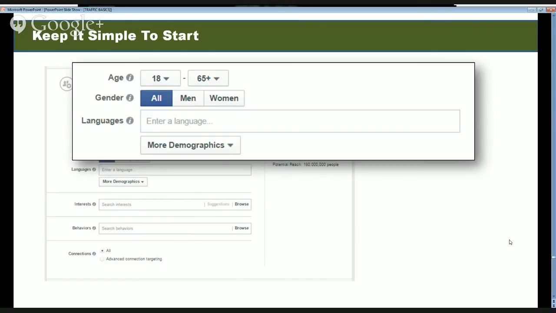Okay. But there's another thing to consider here. Maybe you want to be able to have Spanish speaking people. If you speak Spanish well, that's a great target market. Now, remember, your websites are not in Spanish unless you make them that way, and your ad is not in Spanish unless you make it that way. But maybe you want to be able to talk to people who are Spanish speaking. That's fine. Okay. So, for example, here, you could talk to all women who speak Spanish in the city of Atlanta, Georgia. Okay. That's very specific targeting. There are more demographics we'll get into in just a minute. Okay. But first,